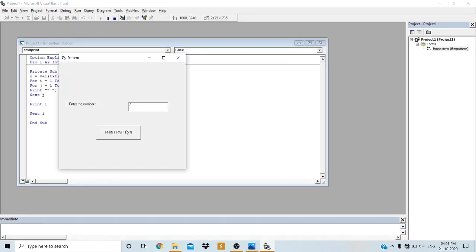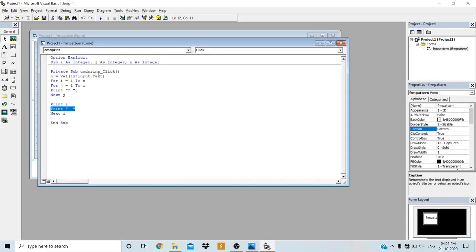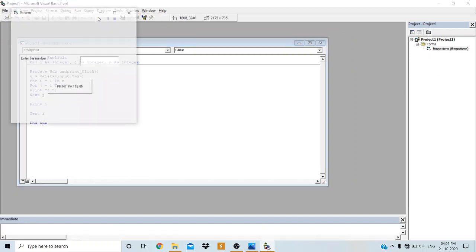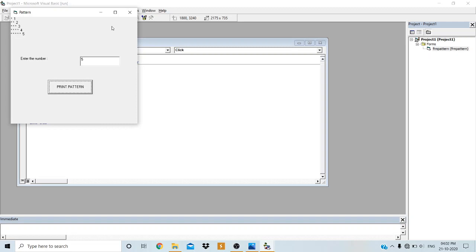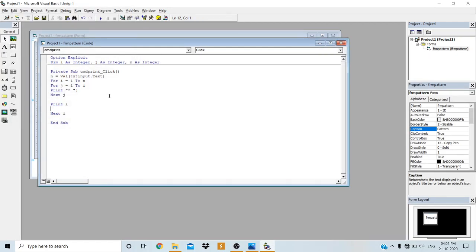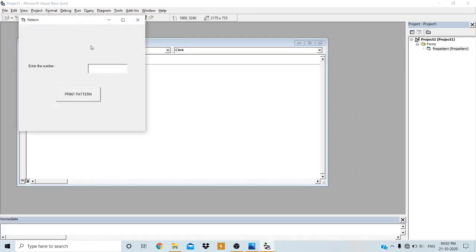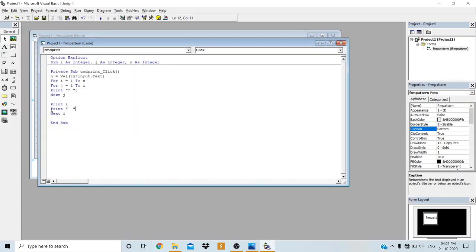If I provide 3, so what you can observe here, if I write this particular line of code, what will happen?